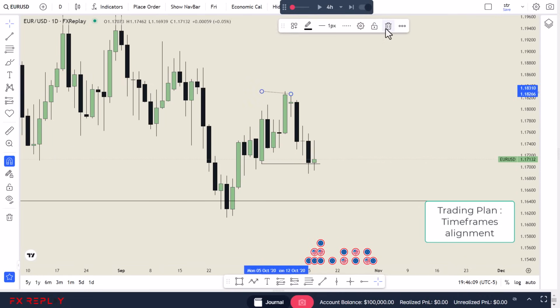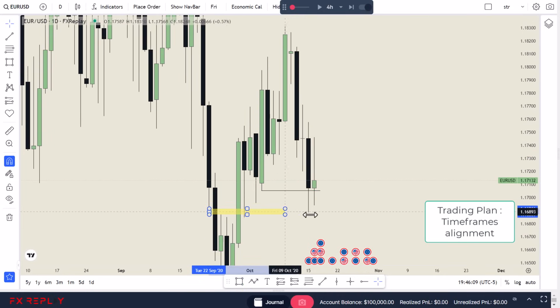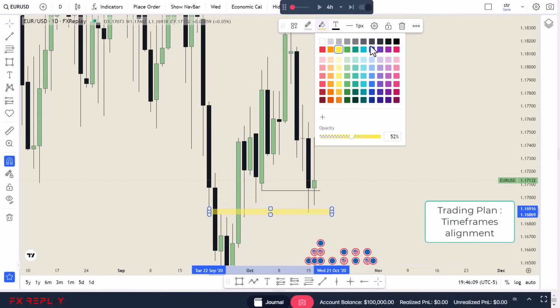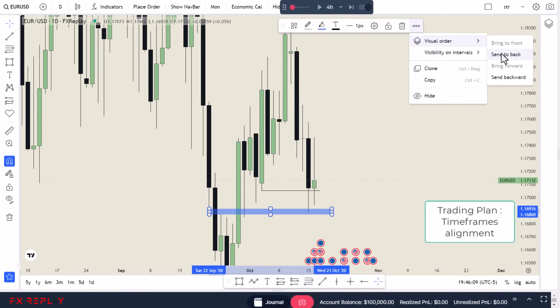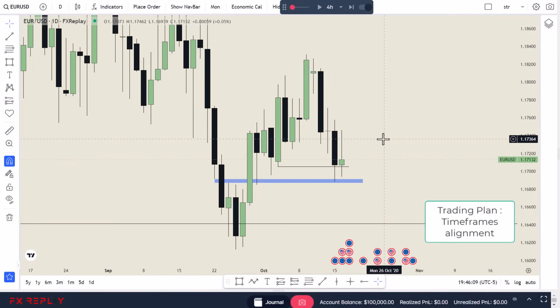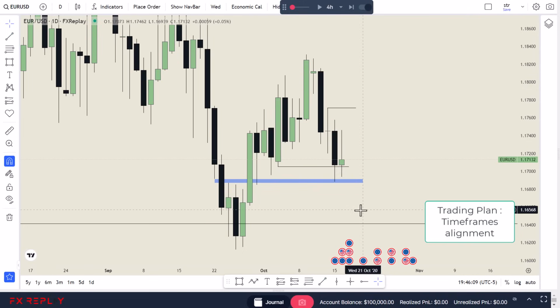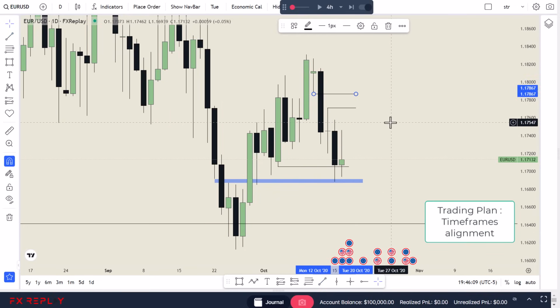Let's remove this. On the daily chart, I can see that we tapped into this inverted fair value gap right here, and now we rejected heavily from it. We have this fair value gap right here, this inefficiency. Basically my approach in trading is I will either target an inefficiency or an external range liquidity,